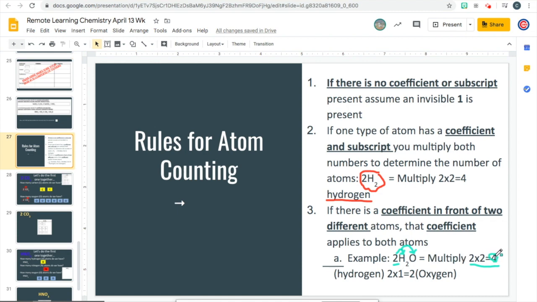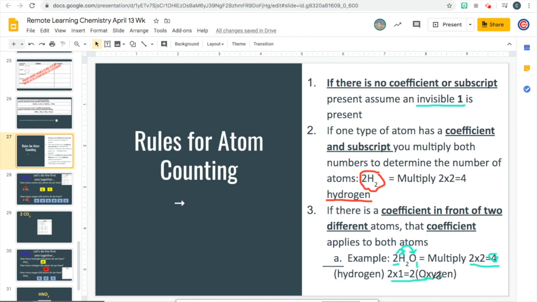So we know there's 4 hydrogen. Then for oxygen, we see that there is no subscript, right? There's nothing there. So again, we're going to go back to rule number 1. We're going to put an invisible 1, or you can just write a 1 down here. Okay, 2 times 1